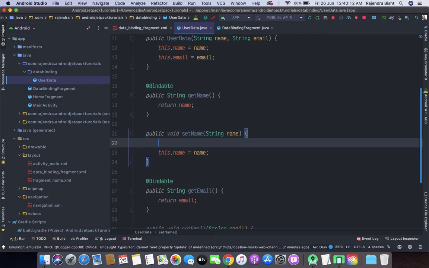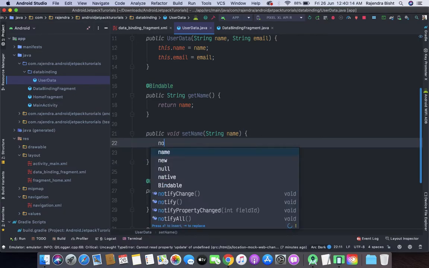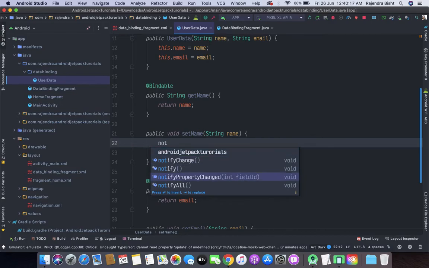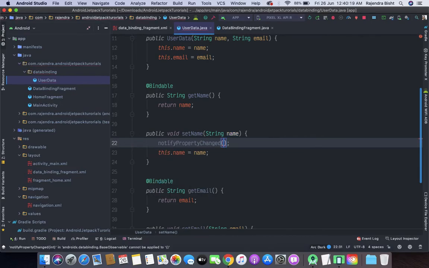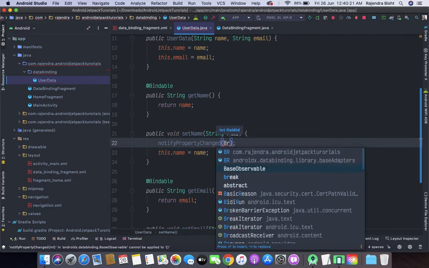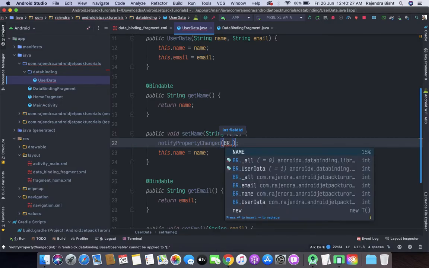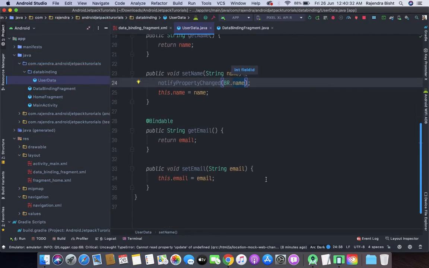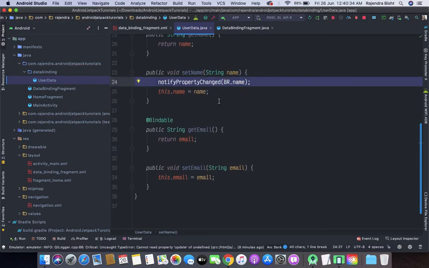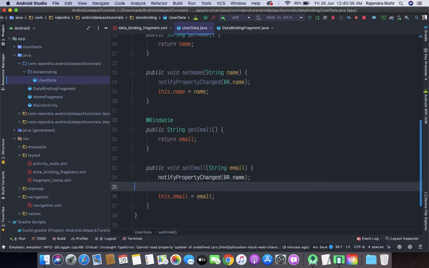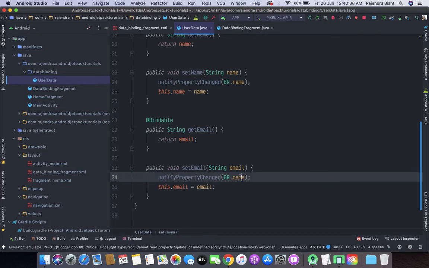Inside the setter we will call notifyPropertyChanged. Here we will pass BR.name, and let's copy this for BR.email.